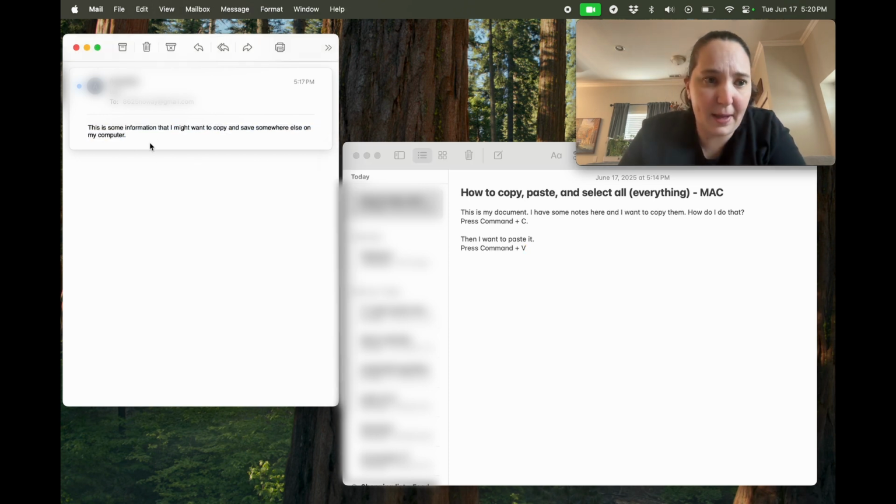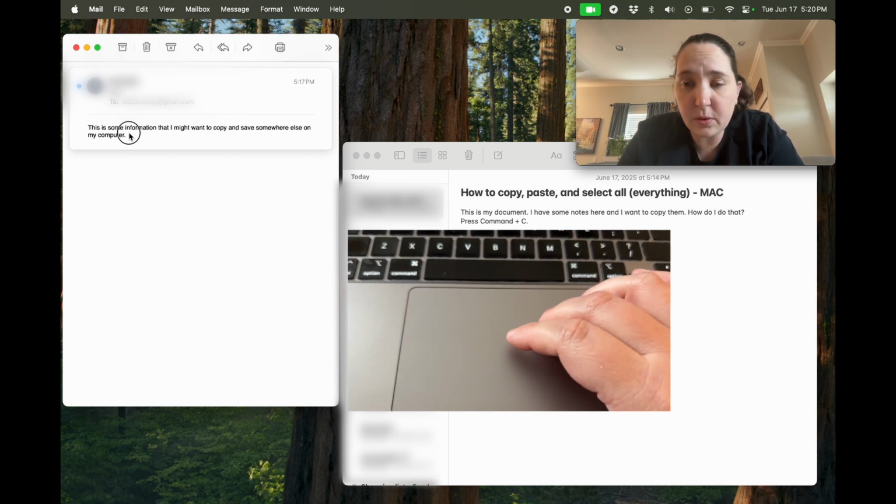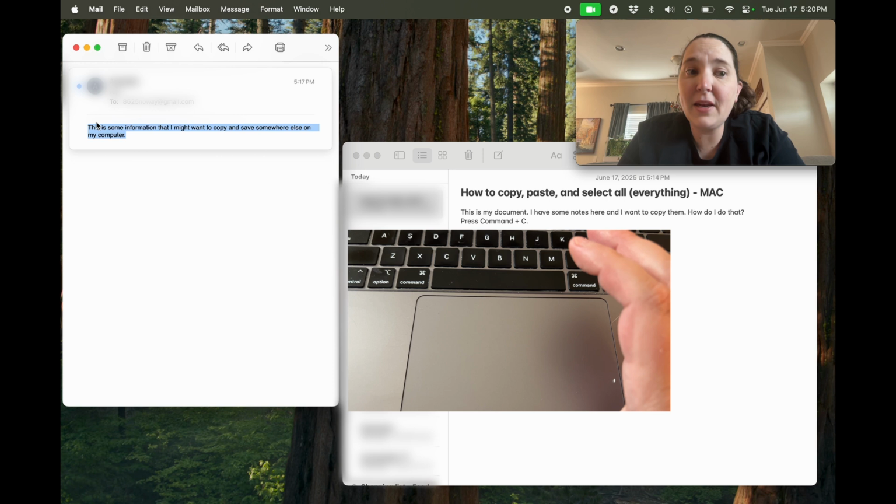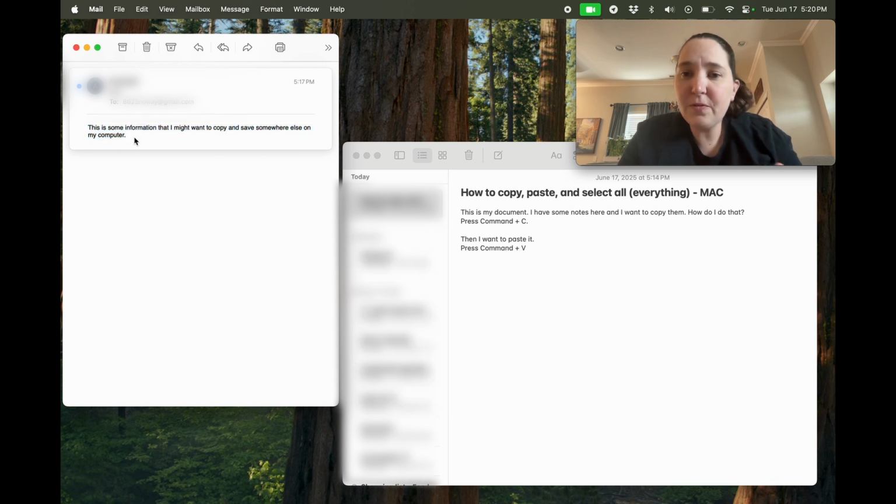So how we're going to do that is one way that we can choose what we want to take and copy. So we're going to take our mouse, we're going to click, and you can do that on the trackpad or on an external mouse. You're going to click and hold and then drag so that you end up highlighting. Now, if you want to select everything that is on that area, what we're going to do is click on